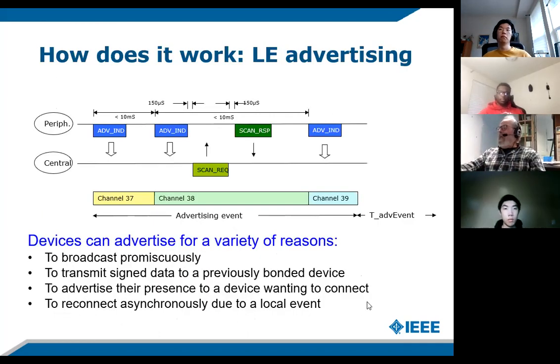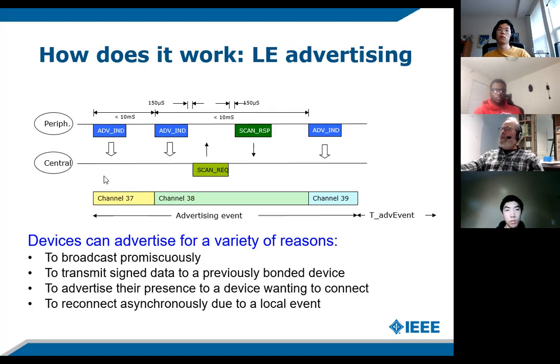So let me show you how this works and then go back to talk about Bluetooth 5. So imagine, here's measurements in microseconds and things that are less than milliseconds. So it puts out advertising on a channel.